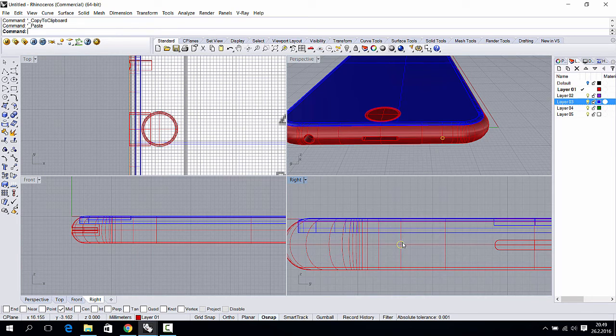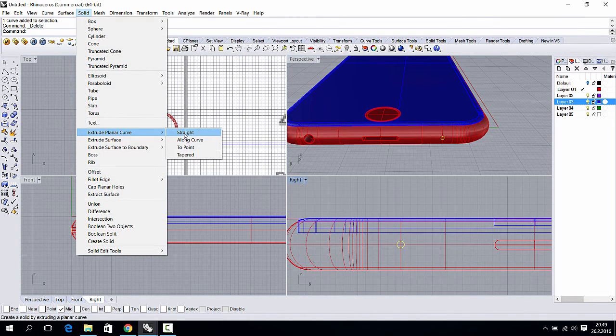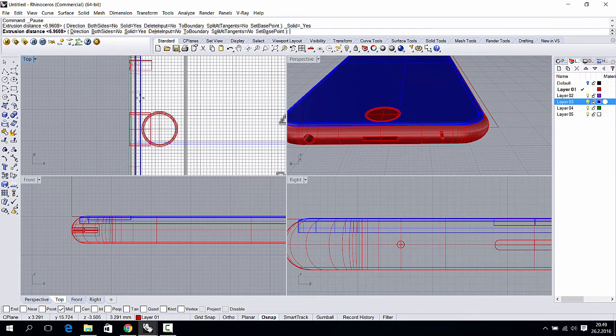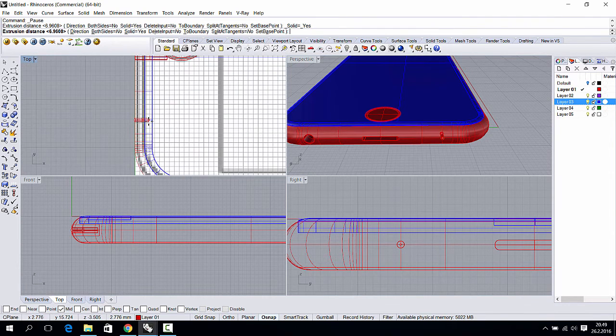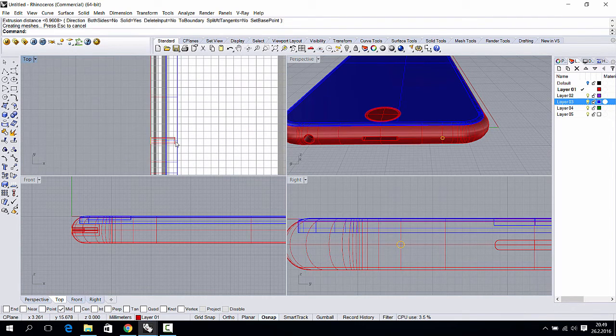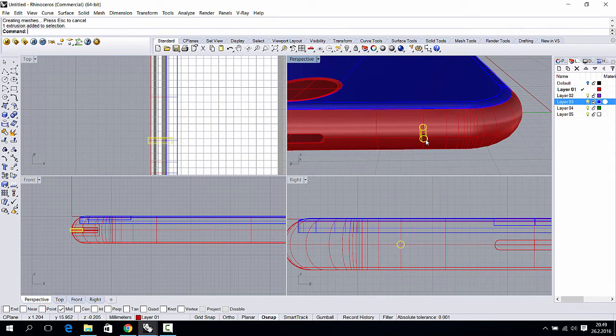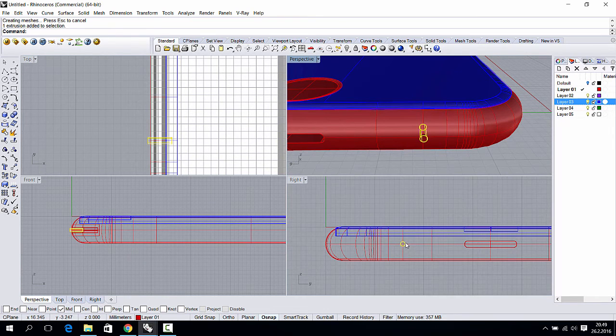So let's just extrude them and move it a little bit away from the surface,